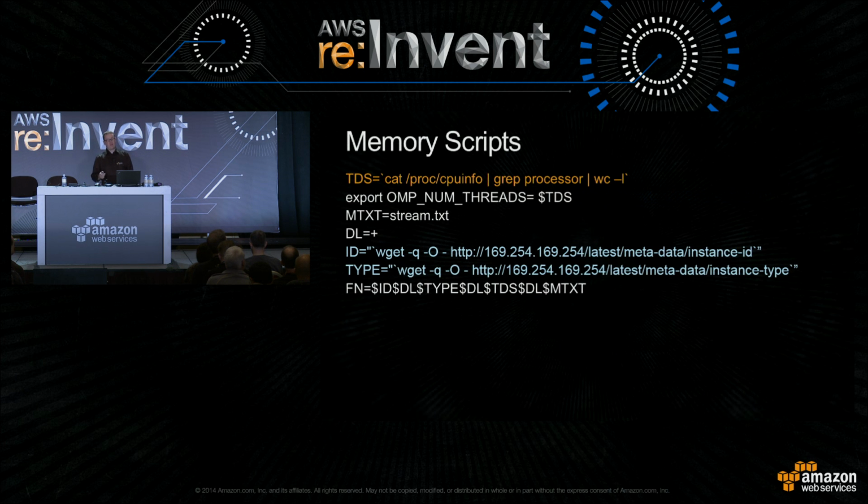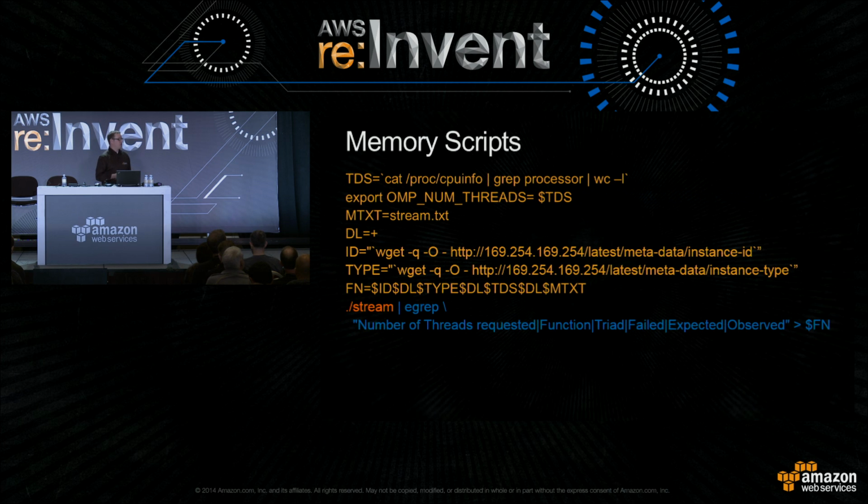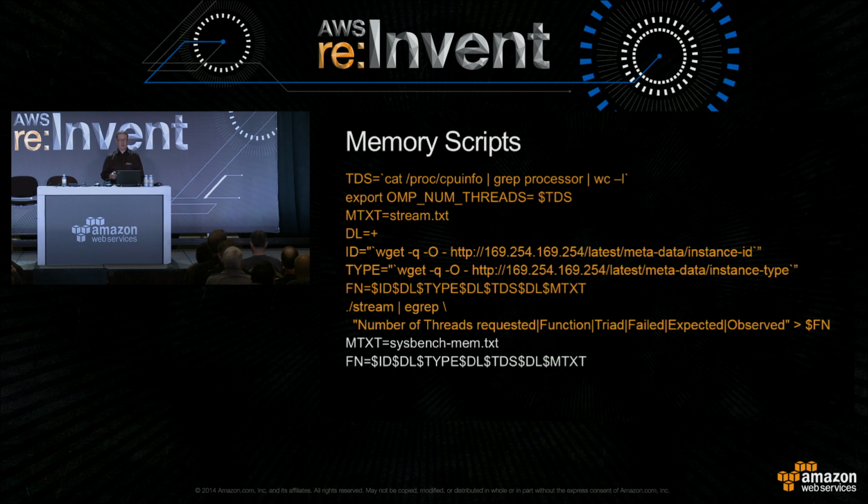So the scripts are very repetitive. We do the same. You run it. You don't actually need to do anything. You just specify stream, and it will start up, and then we output these and publish them. And then when we run it with Sysbench, which is the one that runs the same benchmark, we can do